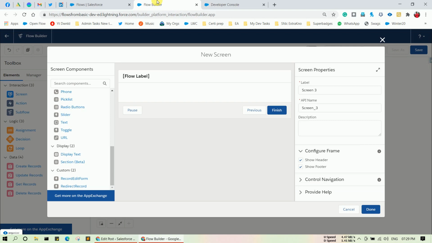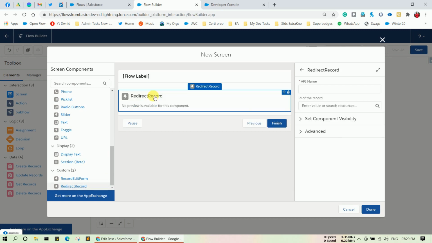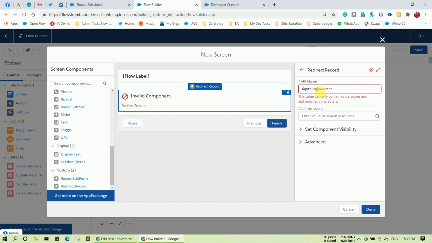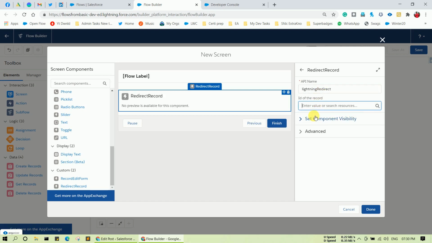Let's move back to the flow builder. Simply drag and drop your Lightning component onto the flow screen and provide any API name to the record, say Lightning Redirect, and here you can see ID. I do not have to use any space in the API name, so now it is okay.